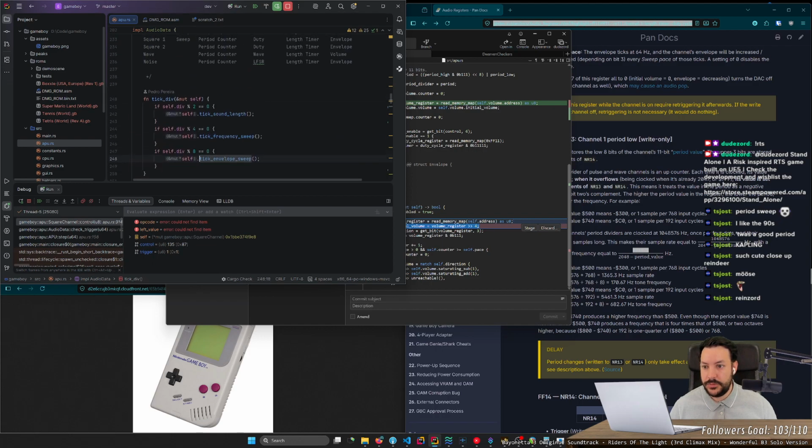Tick envelope, div module 8. What do I want to do here?